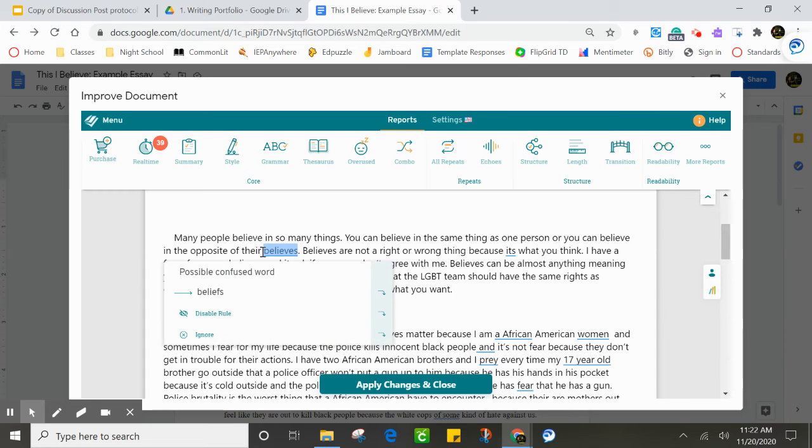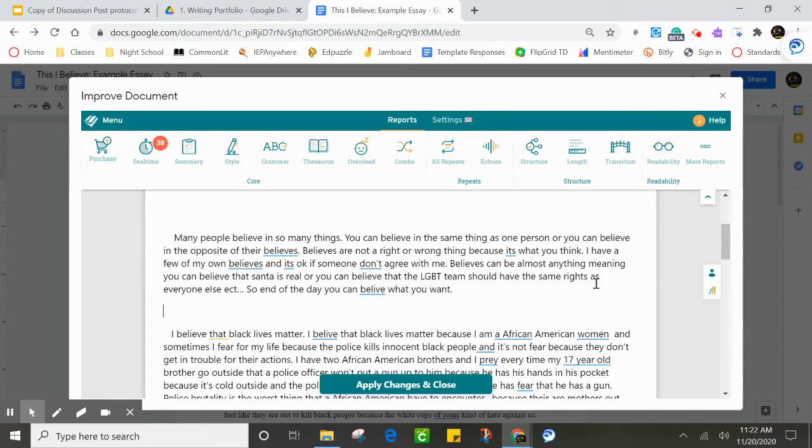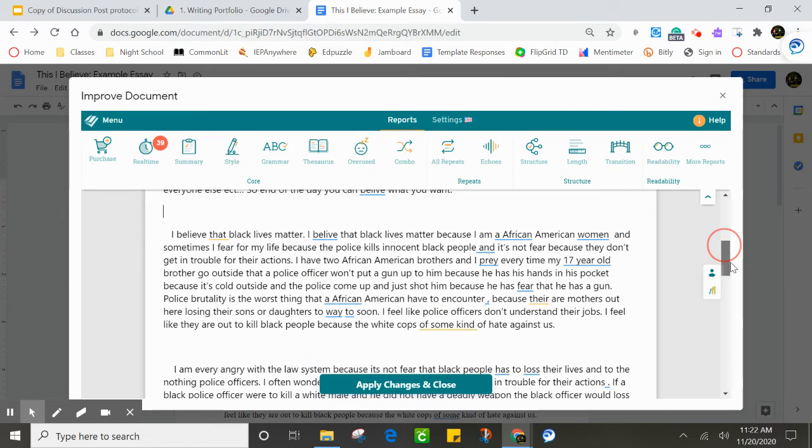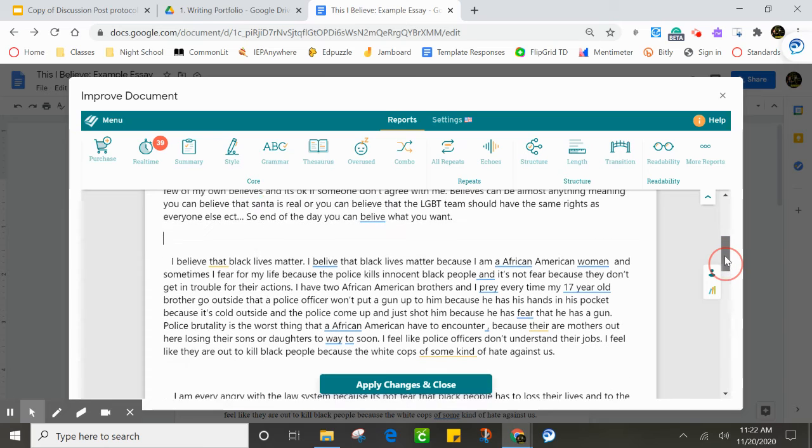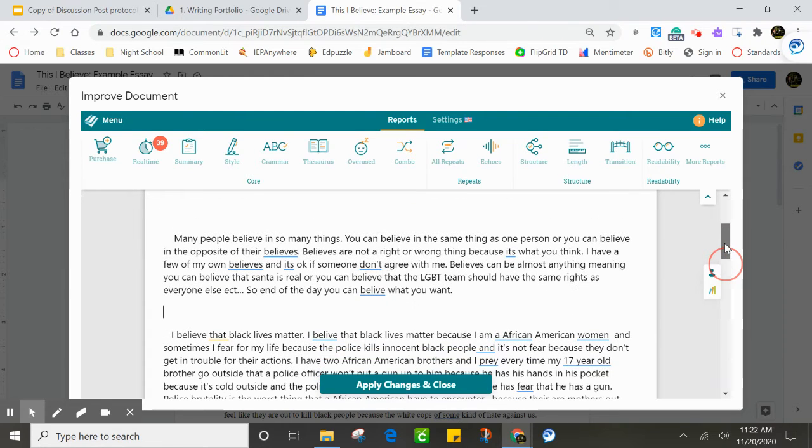So you can see there are things in here that are underlined in blue, and there may be some things underlined in yellow as well. All of these things are possible errors that the program is trying to point out to me. So here is the big thing. Our first inclination is to go ahead and click on something that's been underlined. We don't want to click on things in this program. That's actually the only thing I don't like about this program, is that we have been trained by every other program that when we want to fix something, we click on it. Okay. In this case, we're going to